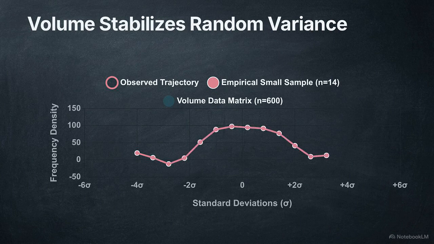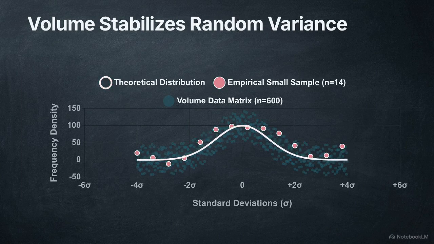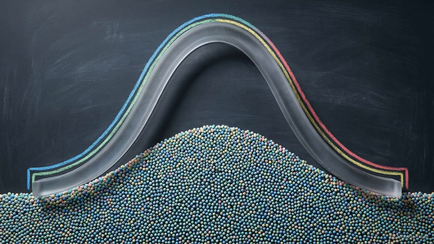On a 2D scatter plot, a small number of points creates a jagged, unpredictable trajectory. As the number of data points increases into the thousands, random variance begins to cancel itself out. The noise is gradually smoothed by the volume of information. With a massive sample size, the empirical data converges towards its true theoretical probability. The trend lines become reliable.